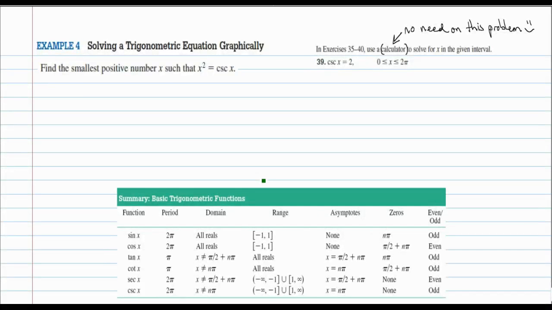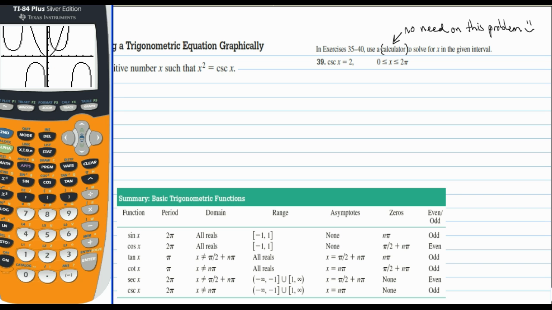This is the screencast for section 4.5, example 4. We're going to solve a trigonometric equation graphically. So yes, you get to use your calculator. Find the smallest positive number x, so we're looking from left to right, such that x squared equals the cosecant